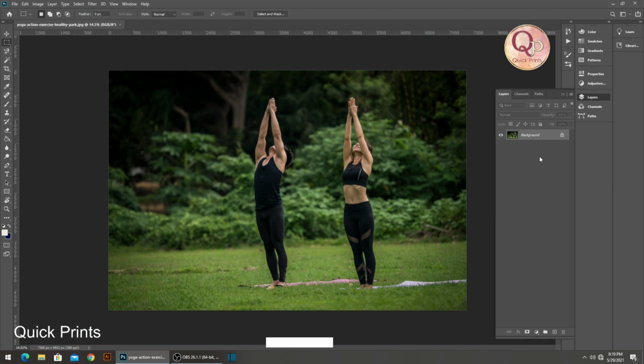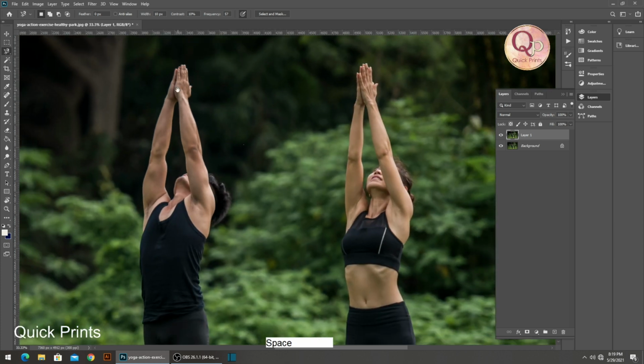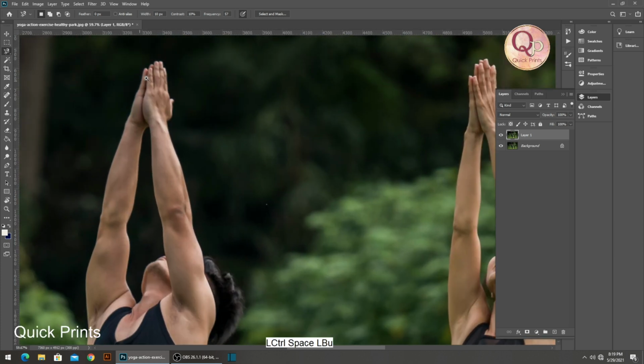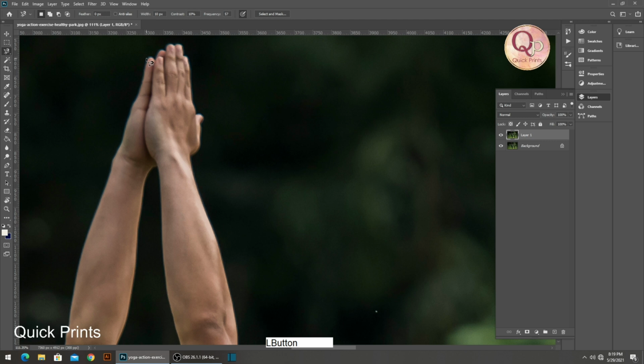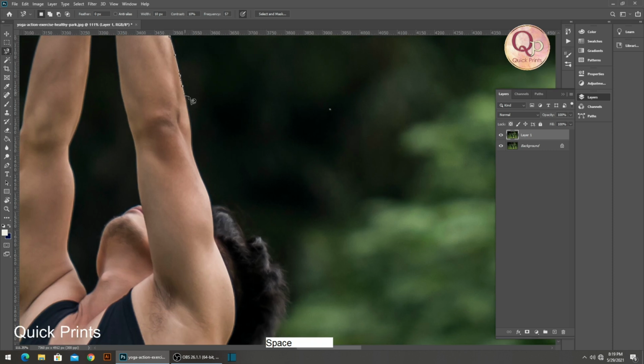So let's take the duplicate layer with the Ctrl J command and start making the selection. For making the selection, I'm using the magnetic lasso tool here, right? Select it, duplicate the layer and start making a selection. The magnetic tool is a very beautiful tool of Adobe Photoshop once you understand the details of utilizing it. Mostly it works beautifully where the image has great contrast.